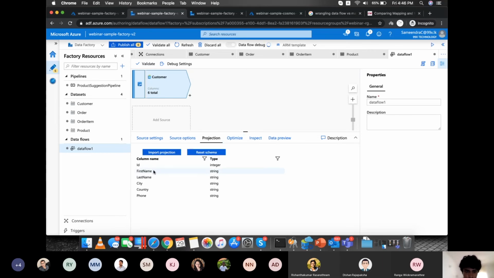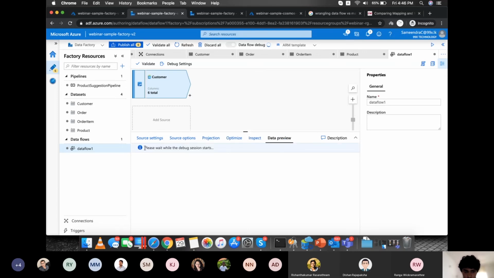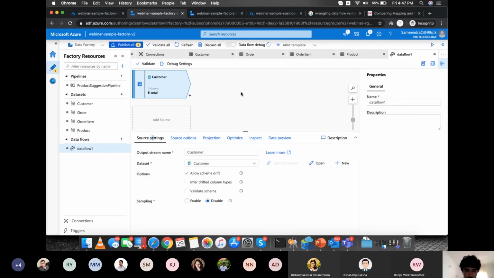So here you can see the projection, what the columns are. And you have these optimizations for partitioning, and you can even have a data preview. So the problem here is we can't preview any of the data until the data flow debug starts. So we'll create the other sources meanwhile it starts. So we'll add another source